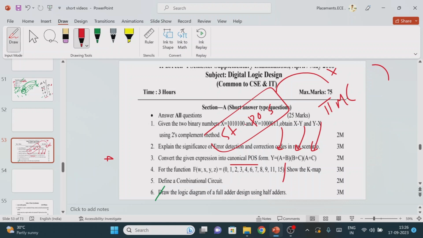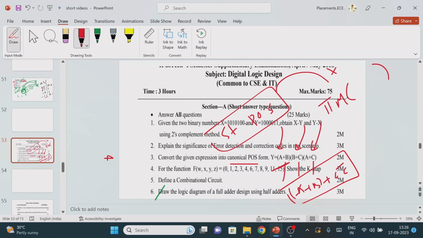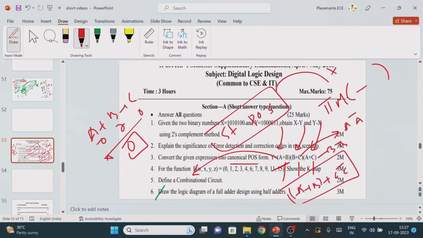Now how many sum terms do we have? 1, 2, 3 sum terms. What is the missing variable in the first sum term, A plus B? Then the missing one is C. Either it may be C or C bar. Like that we have to add it in the first sum term. What is missing in the second sum term? A bar is missing. Here B bar is missing. The first step is to convert this normal POS expression into the standard POS expression. Then, for example, if one of the sum terms is A plus B plus C, its value is 0, and something like that we need to write finally. So like that we need to find the solution.